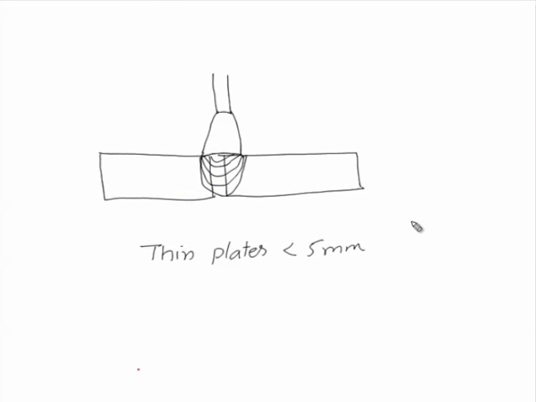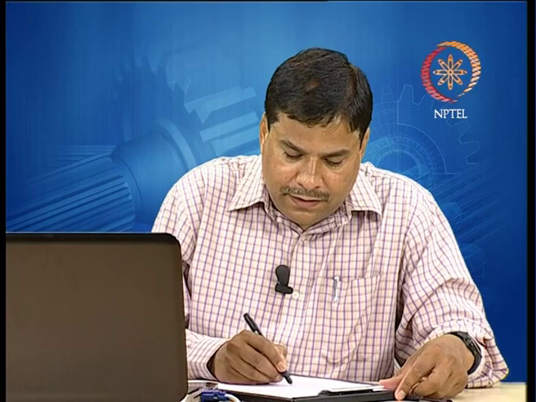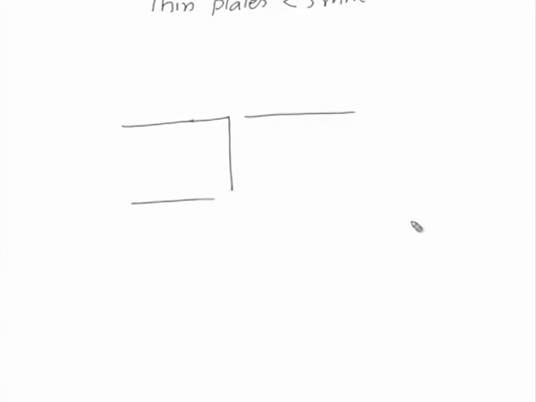But in the situations where the thickness of the plate to be welded is more, if this is a situation where thick plates are to be welded, then application of the heat from the top using a suitable heat source may not be able to facilitate the melting through the thickness, but melting only up to a certain depth is possible. So, in that case weld will be made only up to a limited depth, and